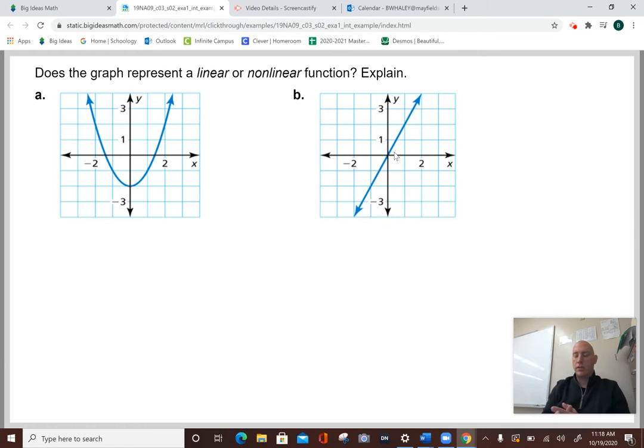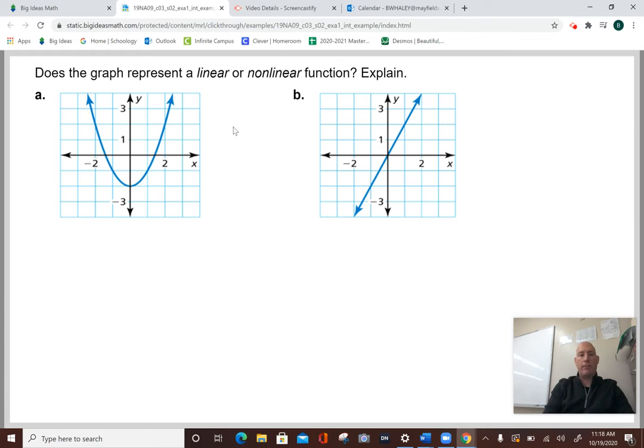Now, I want to go over something that you can see in this picture, but it's what really makes sense as we go through. Whether you're looking at a picture, an equation, or points, when you're looking for a linear function, you are looking for what's called a constant rate of change. What a constant rate of change means is it keeps going up or keeps going down by the same amount